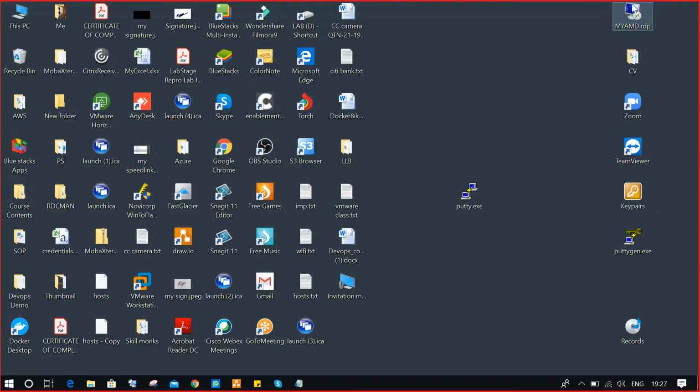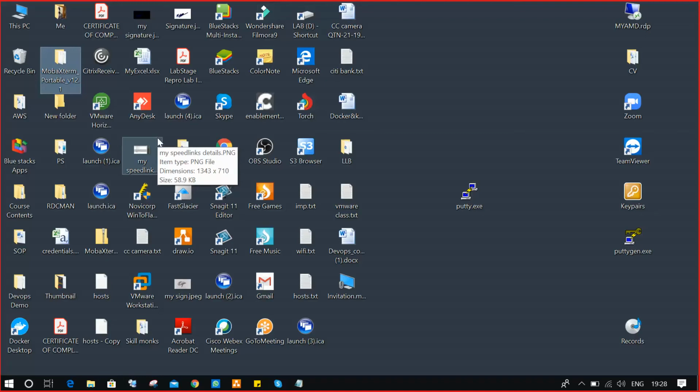Any other tool name? PuttyGen. Okay, next. There is another tool called MobaXterm. MobaXterm is a tool we can use to connect to Linux machines.